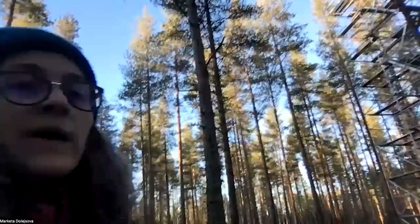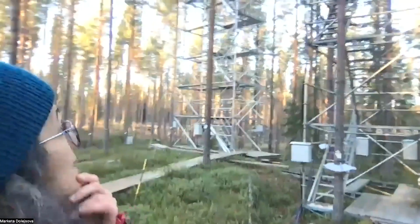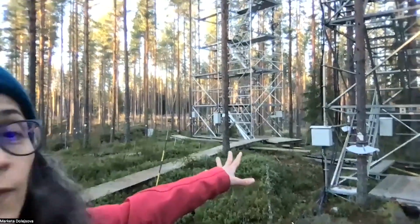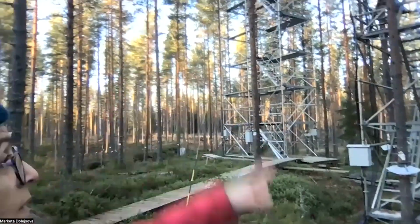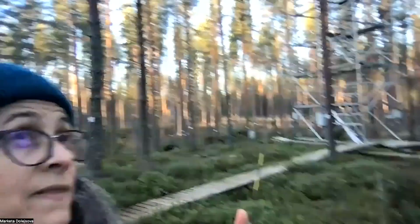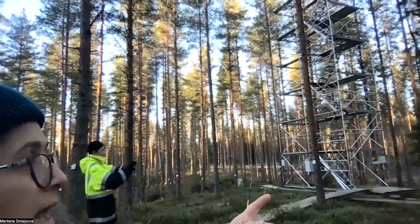So, let's wait until Just brings the other camera. This is one of the photo towers. It was built around these four trees. There are three pines and one birch. They all have sensors at different altitudes, and they are measuring sap flow and photosynthesis, and how much